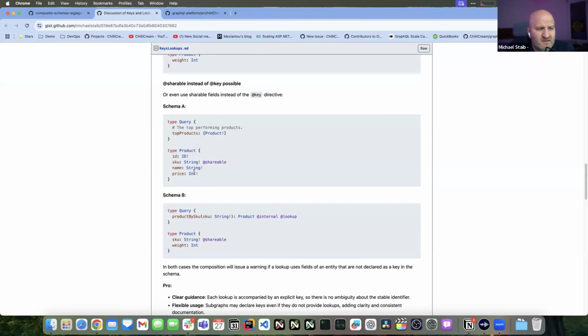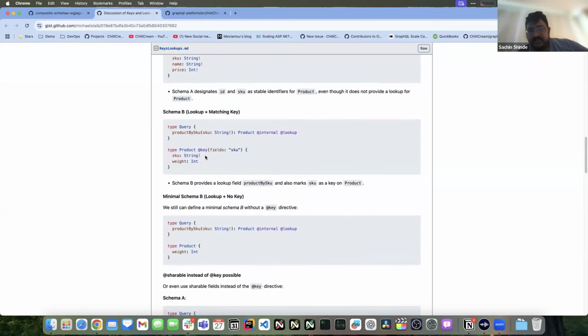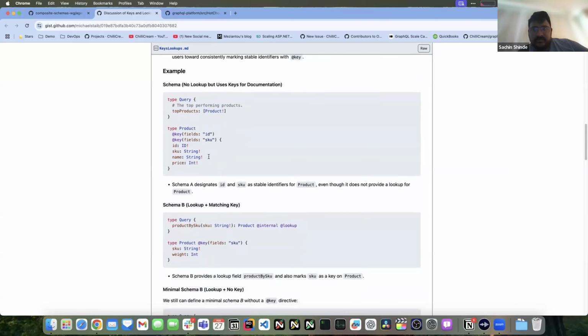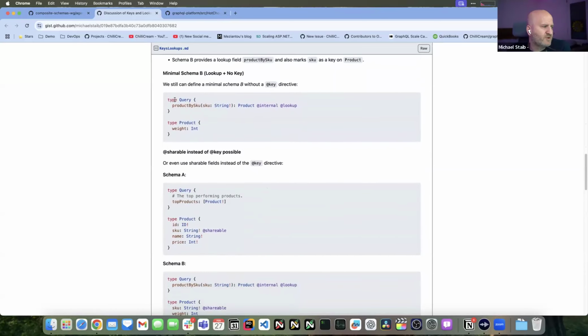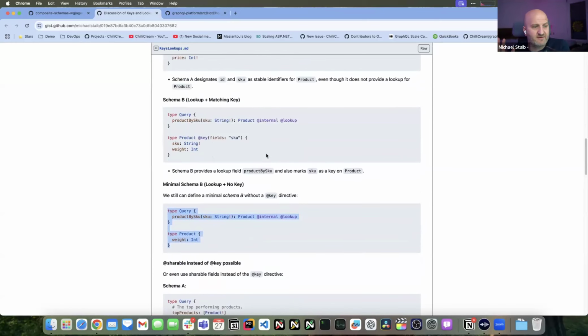Sachin? Yeah, just to double check I understand. We definitely do want to allow the case where we don't have SKU, we don't have the lookup fields available, whether that means marking them as external or not. What I'm a little confused about is if someone didn't have any fields for a key and they were a key in some other subgraph, would they have to add those fields as external in their subgraph and mark it as that key? Because presumably that's a little onerous. No, we would allow this, but we would throw a warning. But only when there's that lookup, in the current proposal. If we think it should not be a warning, and we are also okay with this if we have the key on the other side, also fine by me. These are details we can discuss.